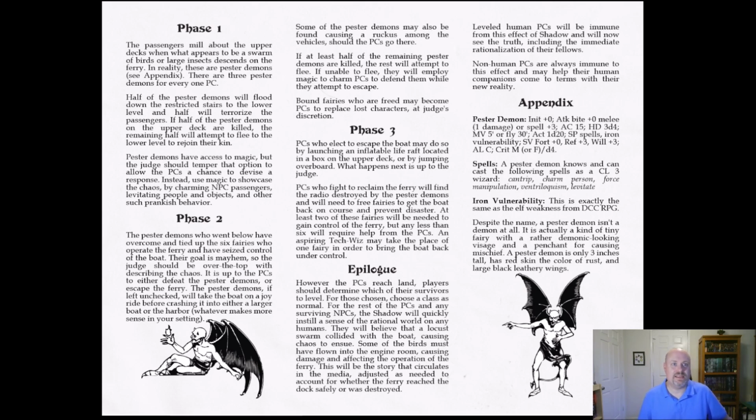Their goal is mayhem. So the judge should be over the top with describing the chaos. It is up to the PCs to either defeat the pester demons or escape the ferry. The pester demons, if left unchecked, will take the boat on a joyride before crashing it into either a larger boat or the harbor. So both of those are not good things to be a part of. They'll also be causing a ruckus among the vehicles, so you can go down to where the vehicles are. And then in phase 3, it says if the PCs elect to escape the boat,